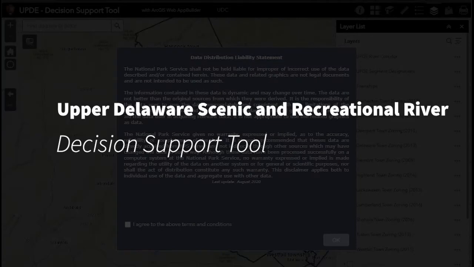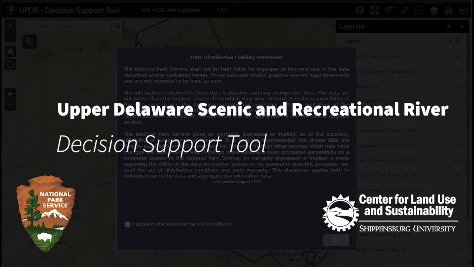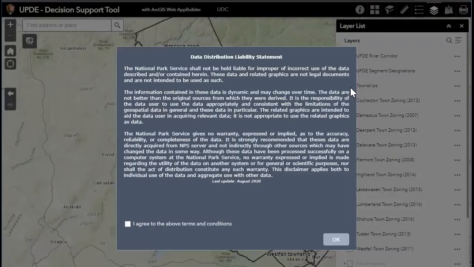I'm the director of the Center for Land Use and Sustainability at Shippensburg University, and I am going to be demonstrating the use of the Upper Delaware decision support tool that our team developed in collaboration with the National Park Service. So when you first open up the tool, you won't be asked for a login